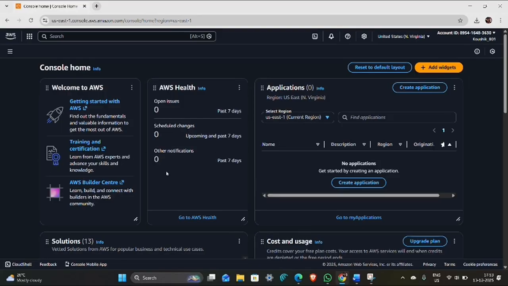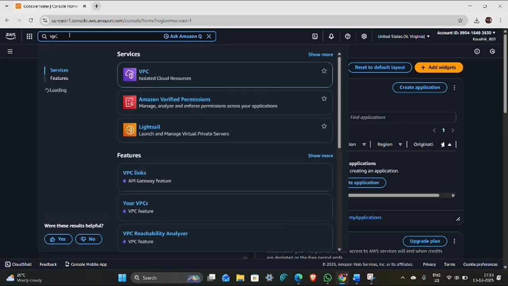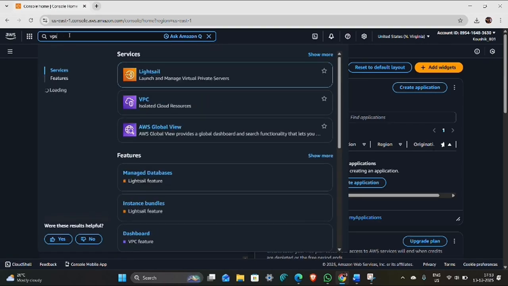Hello everyone. Today I'm here to do a hands-on AWS Cloud Backend tutorial where I'll show you step by step how to create a VPC, configure subnets, launch an EC2 instance, and set up an S3 bucket in the AWS console. As you already know, first we need to log in to your own AWS management console with your account